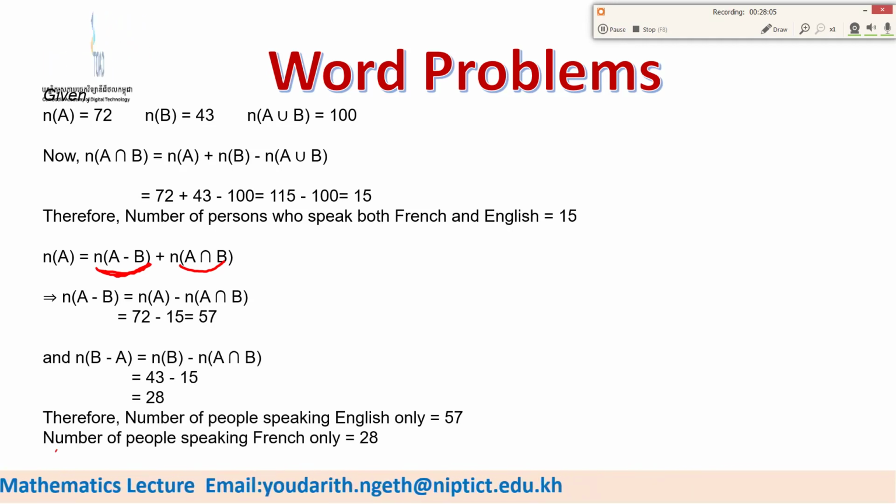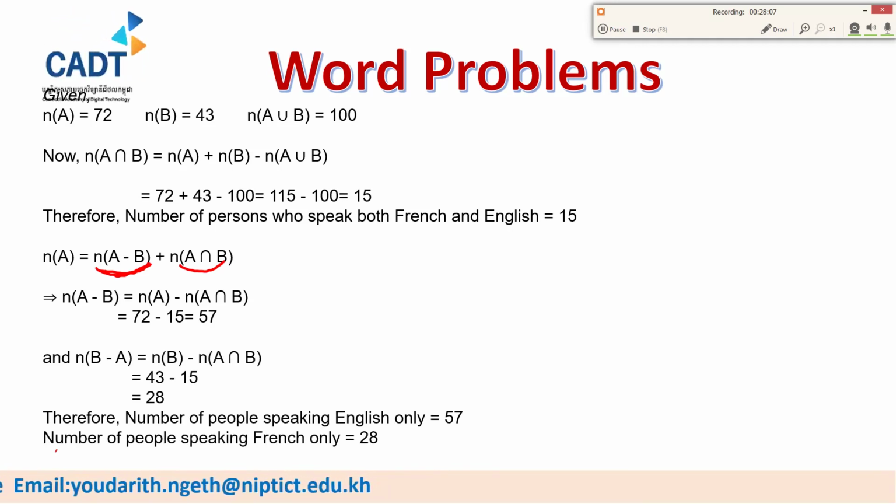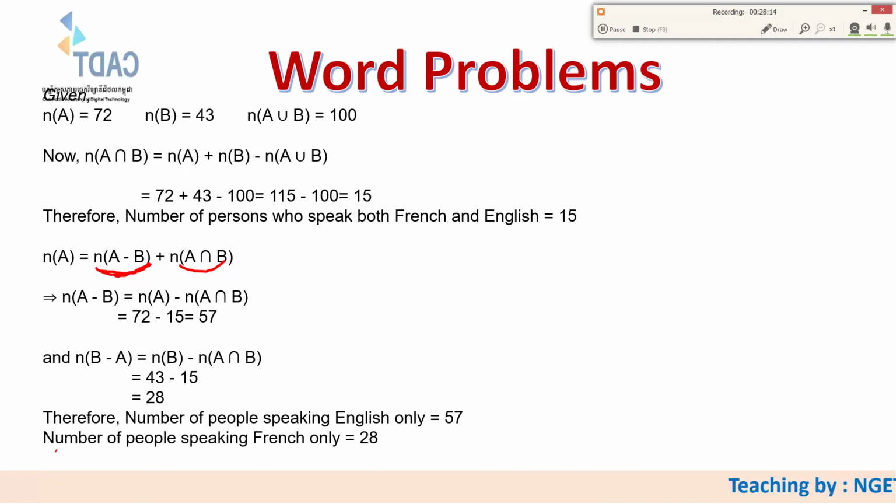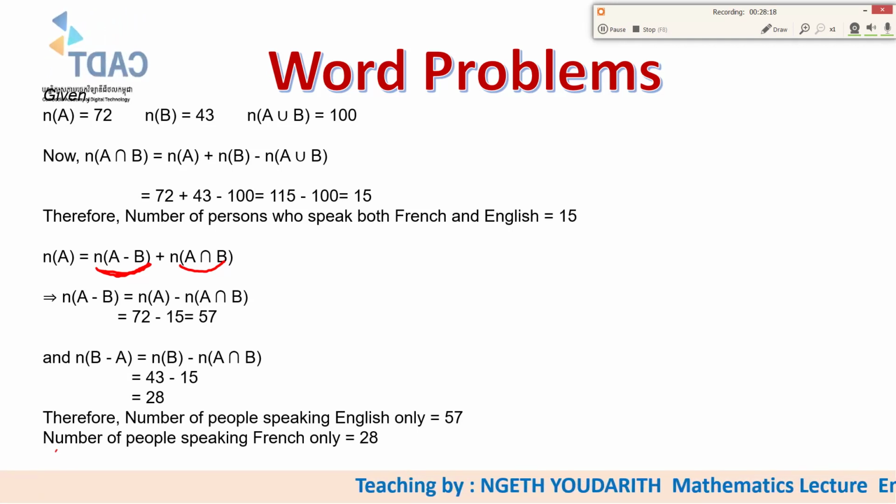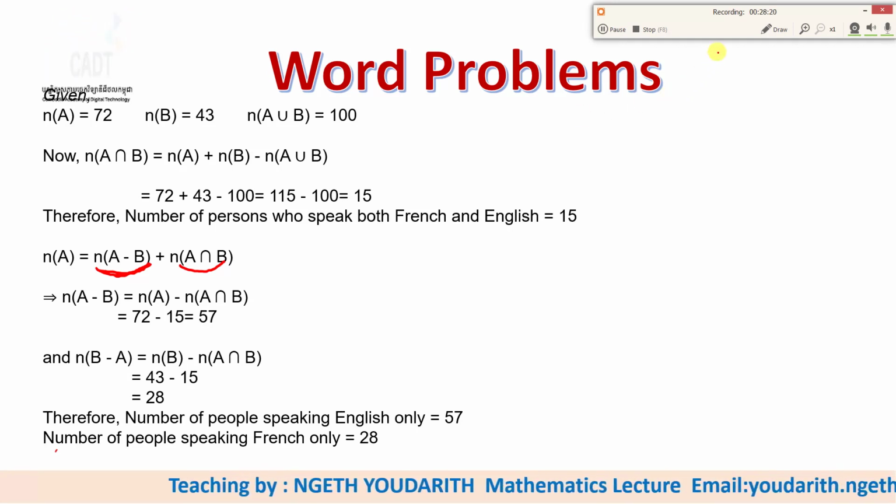57. And about only French but not English, it is equal to N(B) minus N(A intersection B), which is equal to 28. So from this one we can